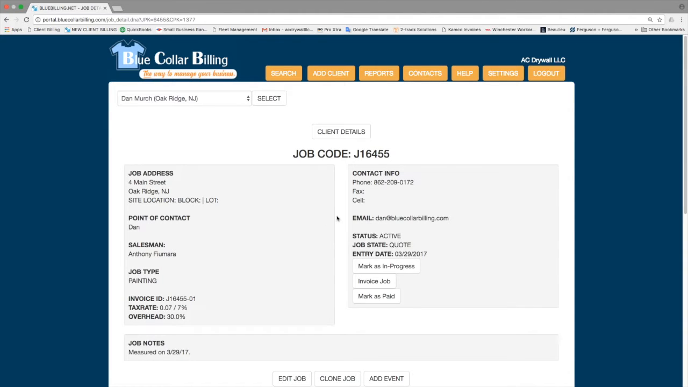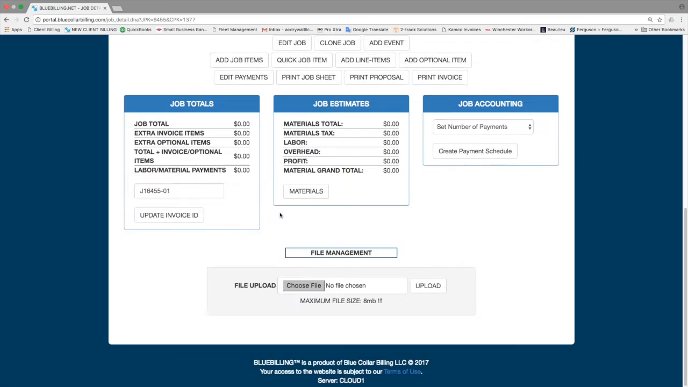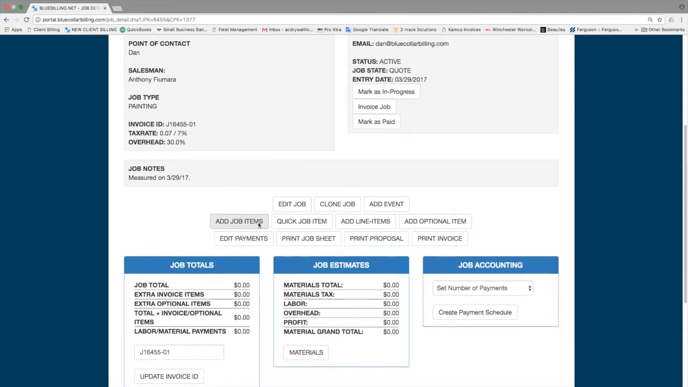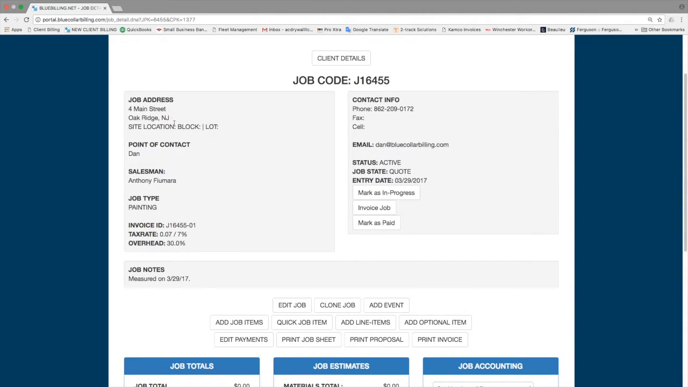and now you're brought to the home job screen. Job number is automatically created for you, which is unique to each individual job, which you can use later when you're using the search feature. It's also your invoice ID for billing purposes. And all the information you need is here. Job address, contact information, the status, job is active. Again, it automatically defaults as quote when you first enter it in, when you enter the job, invoice ID, tax